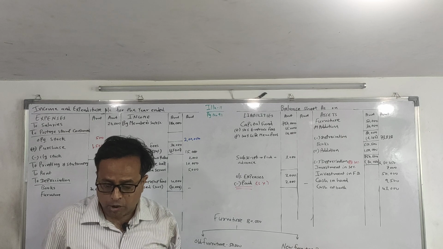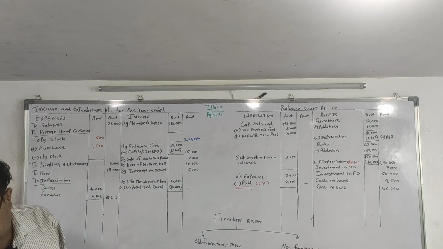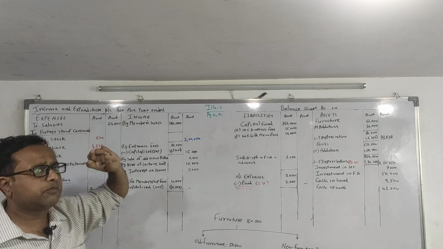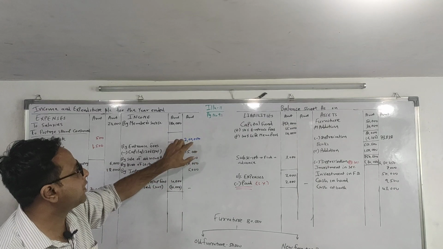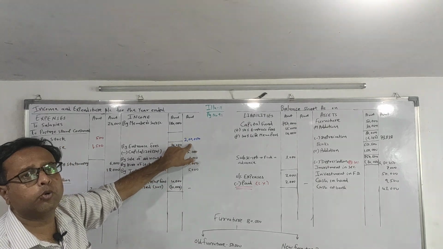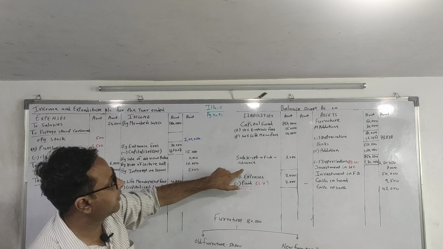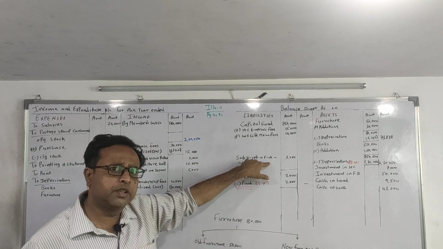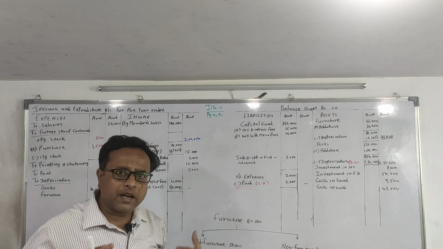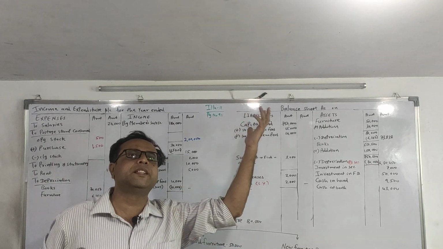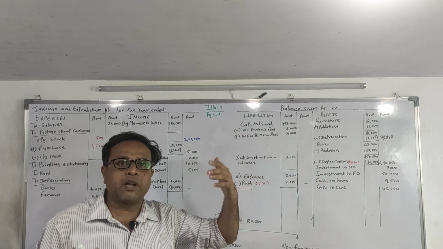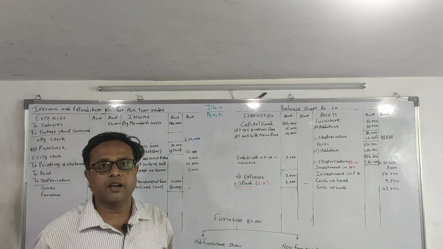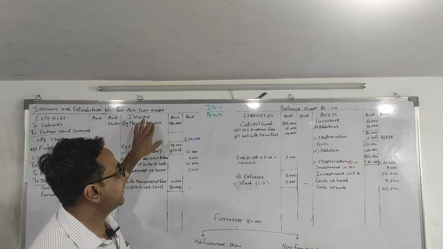Now for adjustment number 4. Library had 2000 members paying subscription of ₹100 each. So 2000 members into 100, so my total subscription will be ₹2 lakh. Now you can see there is a subscription received in advance in balance sheet. Now this was a subscription of current year which I have already received in previous year. So the members who have paid in previous year, they won't pay you again in this year. So I need to adjust this to my income.